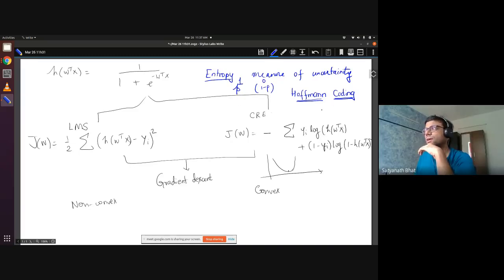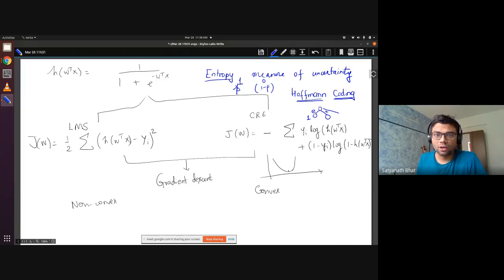Yeah. So basically you will have a tree, and you start from the root node. The most probable letters will be given the fewest bits. Possibly E will have just a 1 bit representation. I don't know exactly how it is for the English alphabet, but something like the vowels will probably have shorter bit representations. The more frequently a letter occurs, the fewer bits you would like to use. In the same way, entropy measures the number of bits required to represent a distribution. If you want to convey the information that is there in a distribution, you would like to use the least number of bits.